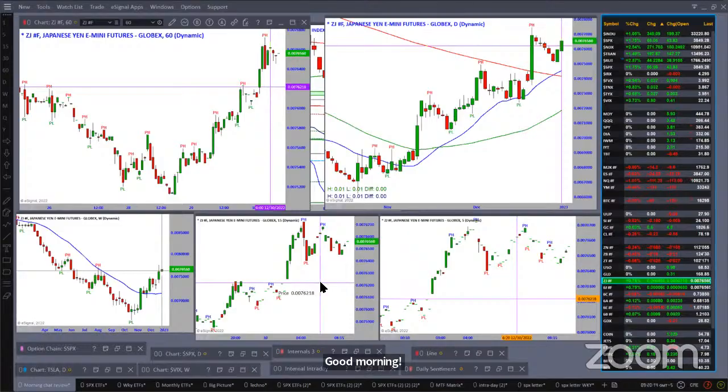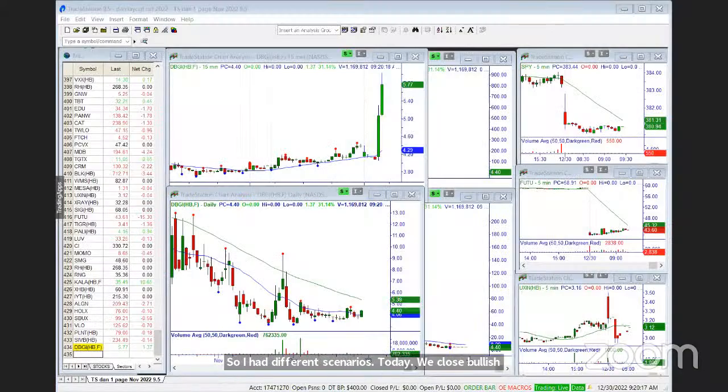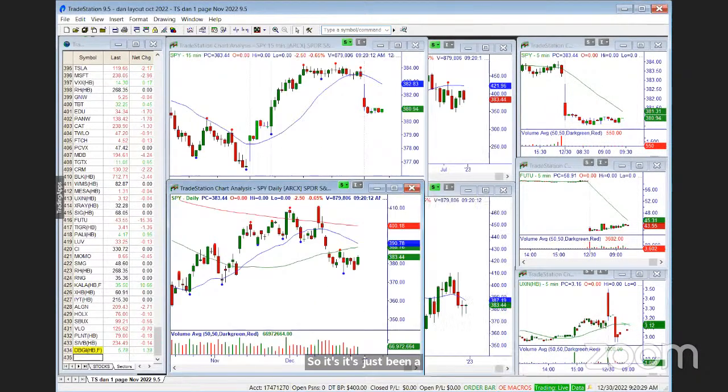So I had different scenarios today. We closed bullish. I've been flip-flopping my bias every day this week based on the close. So it's just been not a good swing environment. But I said yesterday, this was a bullish close over yesterday's high. And now we're gapping down, just eyeballing more than half into this. And I said, if we get an inside bar, that'll be perfect, because then I'll set up a more confident